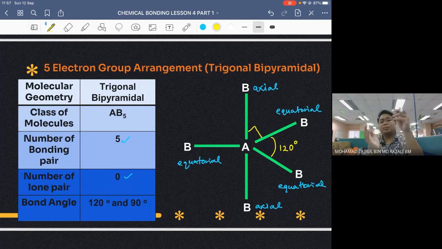Sebab kalau bond angle bertambah, maknanya jarak dia pun akan makin lama makin besar. So kalau jarak electron tu makin lama makin jauh, so repulsion pun akan makin lama makin kurang. So that's why awak kena ingat, kalau awak nak remove bonding pair daripada trigonal bipyramidal, awak hanya remove daripada equatorial position sahaja. Okay. So let's say if I remove one bonding pair from the equatorial position, okay, kalau saya remove